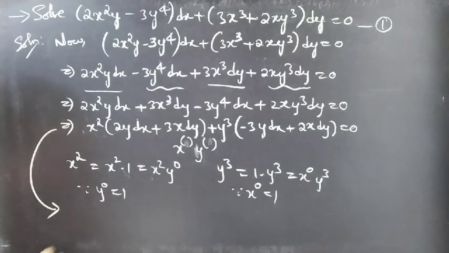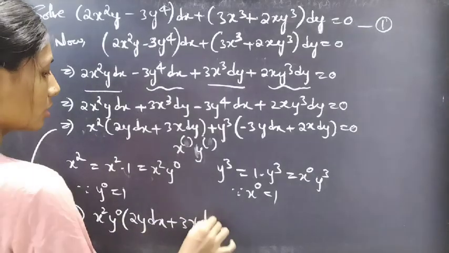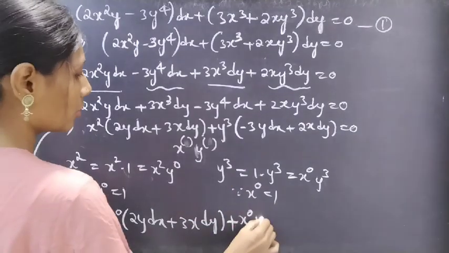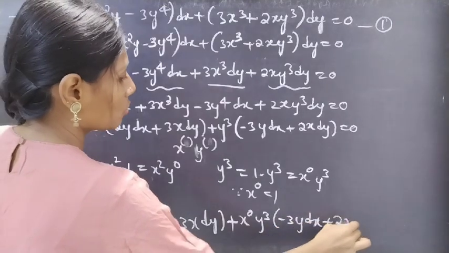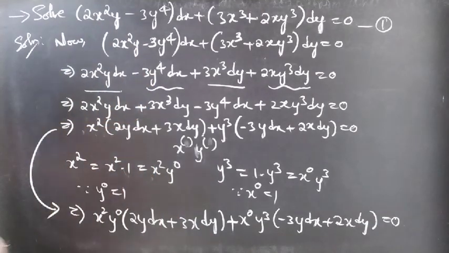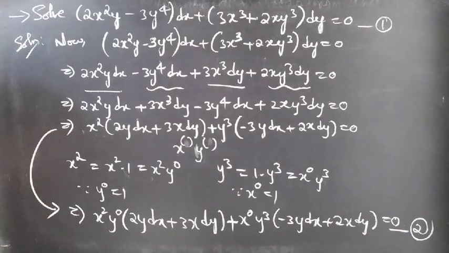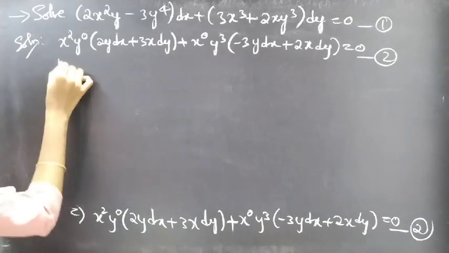Then this becomes x square y power 0 into 2y dx plus 3x dy, plus we can write y cube as x power 0 into y cube into minus 3y dx plus 2x dy equal to 0, right? Consider it as equation 2, which is of the form